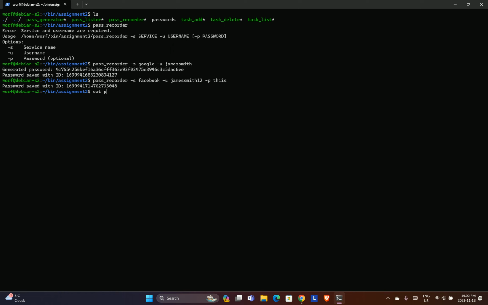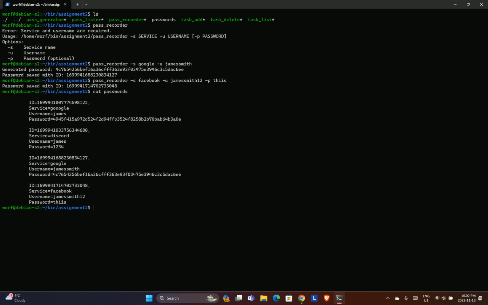If I go and view the file here, I'll see the username James Smith with the service Google, a randomly generated ID here, and a password which is randomly generated using our pass generator. And the second one is the password which we provided. Now if we look into the code for our pass recorder,